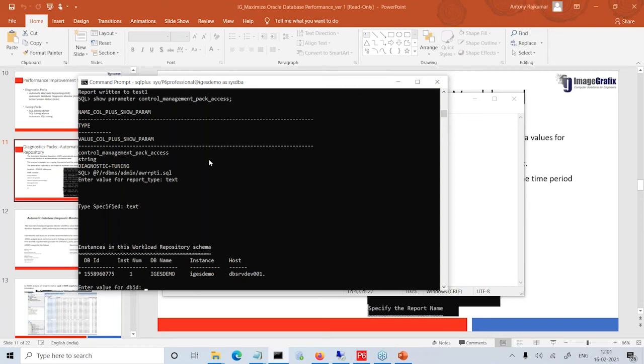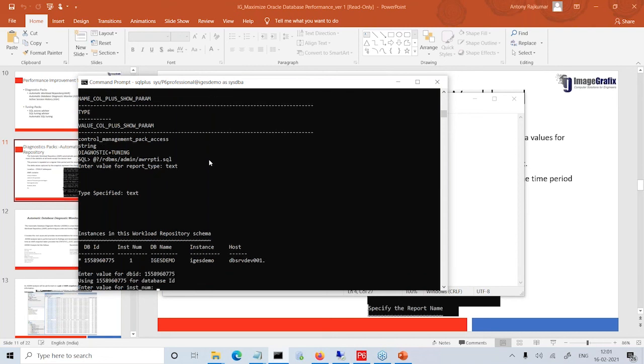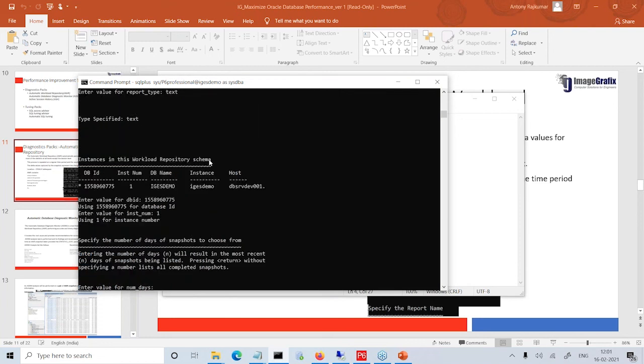As it's a demo environment, we have a single DB instance. So here what you have to mention, as you might be aware of this information, is the DB instance ID we need to provide. The next step, it will ask for the instance number. As we have a single DB in this server, it's instance number one. In your production or development server, it could be a number of instances. So please note it down and do that process.